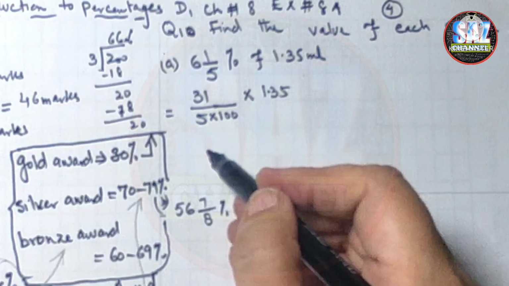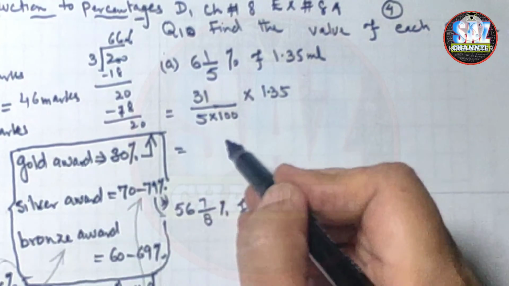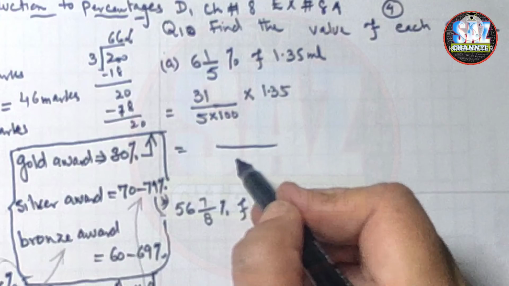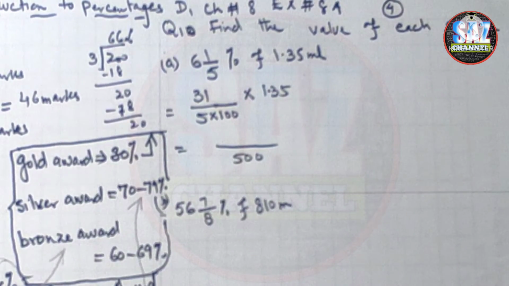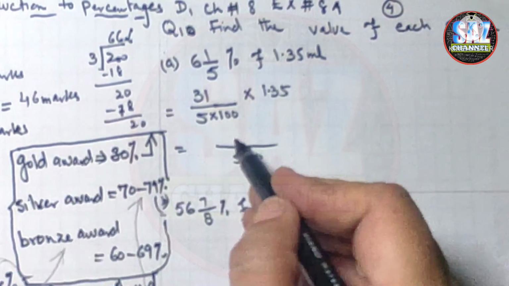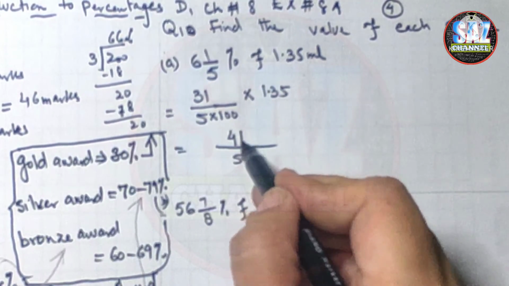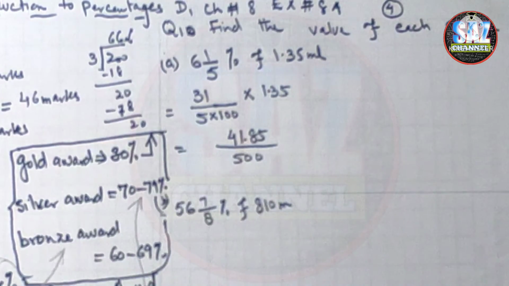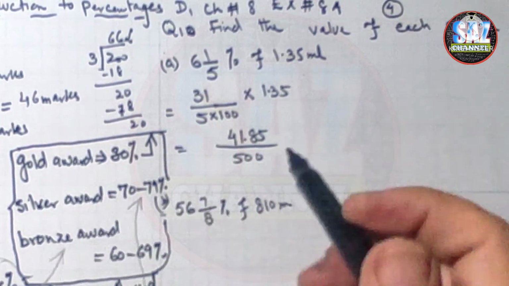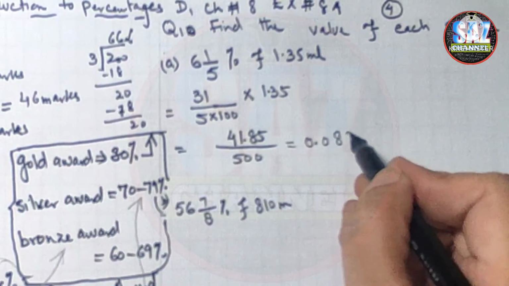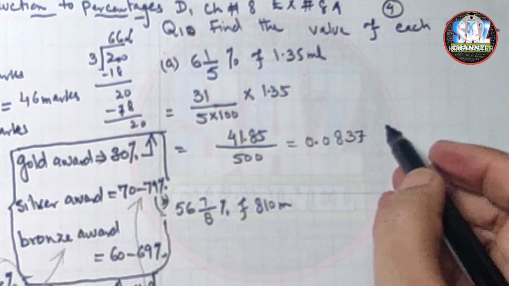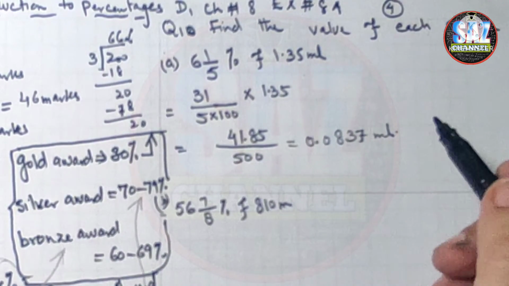1.35. And now, as the calculation is long, we can use the calculator easily. 31 multiplied by 1.35, this gives me 41.85 divided by 500, and this gives me 0.0837. Okay, and ml. We have to write the unit. And the next one is